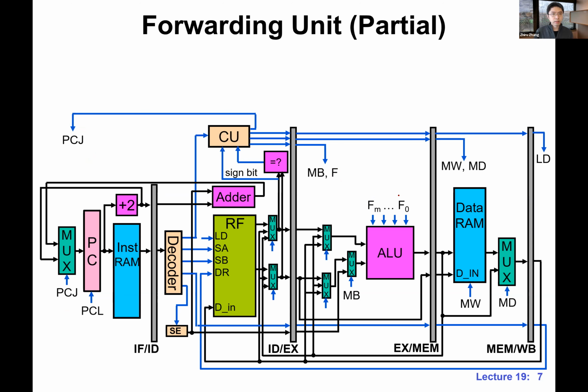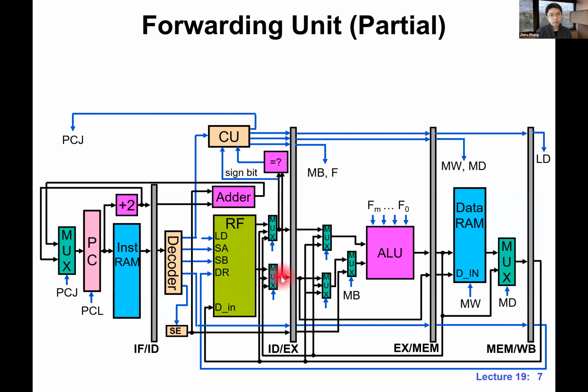Right, if not, let's also look at forwarding. This is more interesting. We have been looking at forwarding quite a bit since the last lecture, right? With forwarding, we are introducing these additional muxes. See here. Initially, we only need to grab the data A and data B from RF. Now, in some cases, we actually want to take the ones forwarded from the prior instructions,